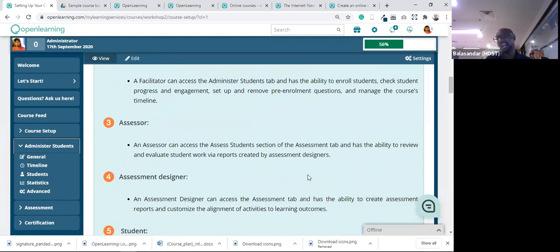Then the third role is assessor, and the fourth is assessment designer. These two roles come side by side. Let me show a little bit about assessment design. In OpenLearning you can create assessments, and course design and assessment can work independently. Sometimes you want to offer a course but you don't want to assess the student, so you don't need to set up assessment. If you want to assess the student using criteria and give marks, then you need to set up the assessments, and to do that you first need to assign yourself to the role called